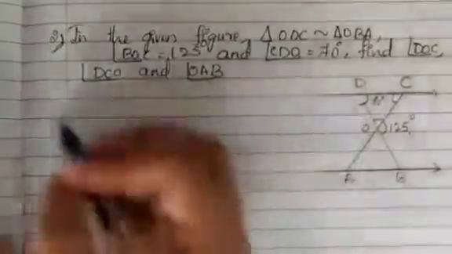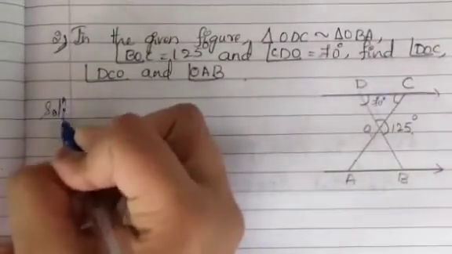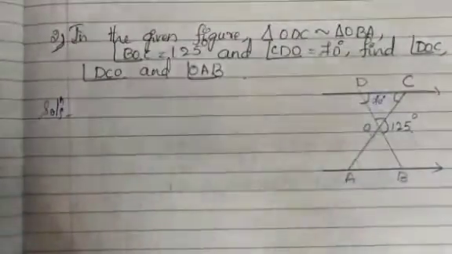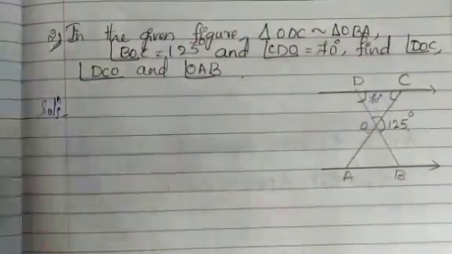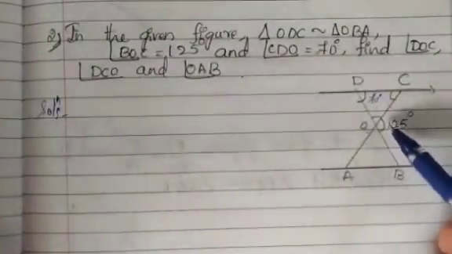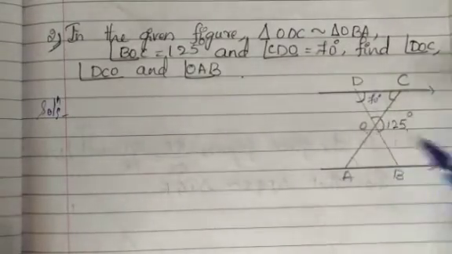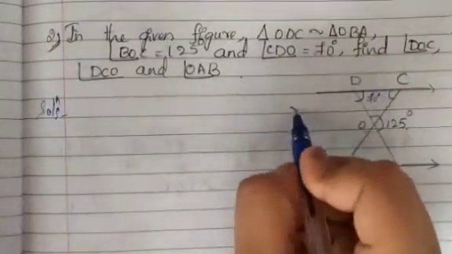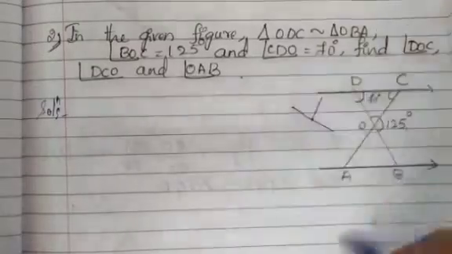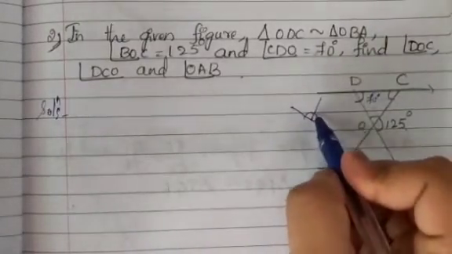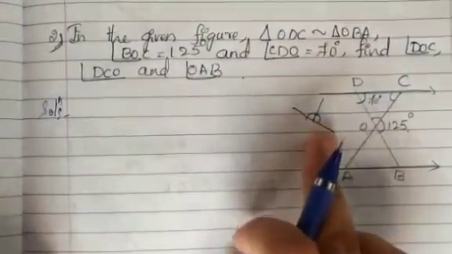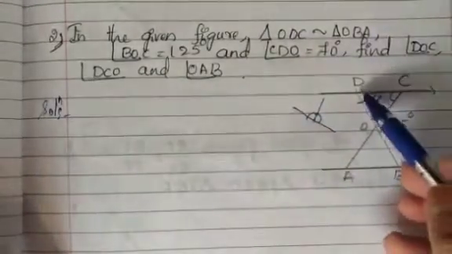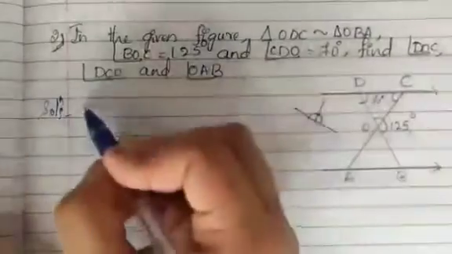So to find this, let me take the solution here. We have to use the concepts we discussed previously in 9th standard. If I see this one, this is 125 degrees. It is like a linear pair here. You know what a linear pair is. If this is the case, the sum of these two angles is equal to 180 degrees here. So the sum of these two angles is equal to 180 degrees, where one angle is DOC.